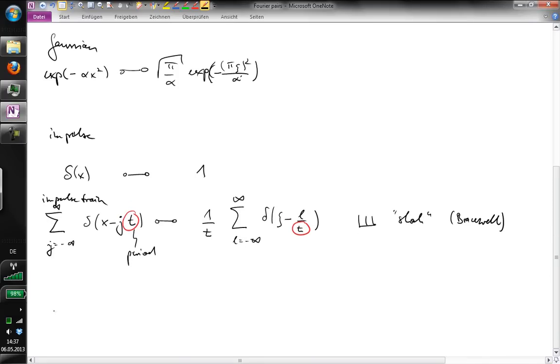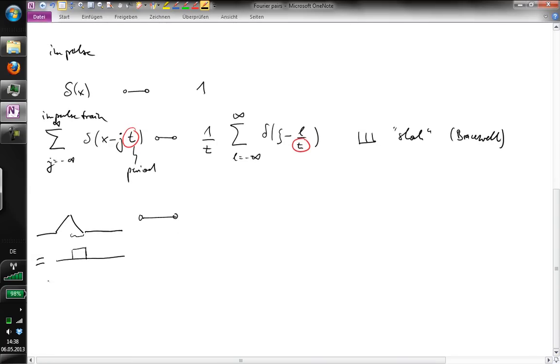So as an example, let's say you are interested in the Fourier transform of this triangle. Any ideas on how to do it? Do you know how the triangle can be related to the box function? Exactly. It's a box function of half its width convolved with itself. And so the Fourier transform of this will be a sinc pointwise multiplied with another sinc,